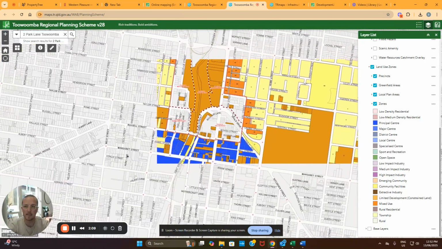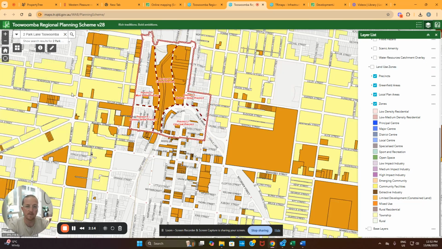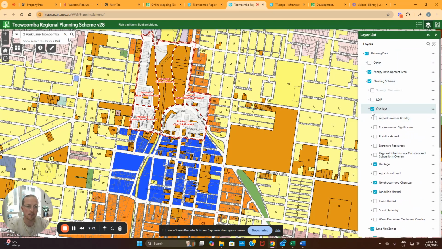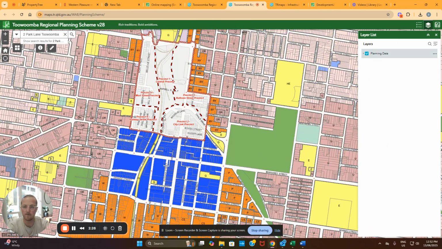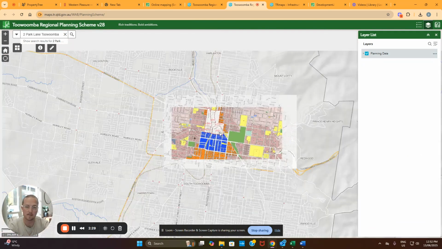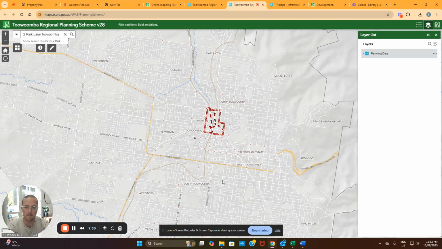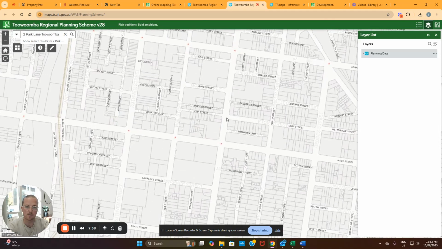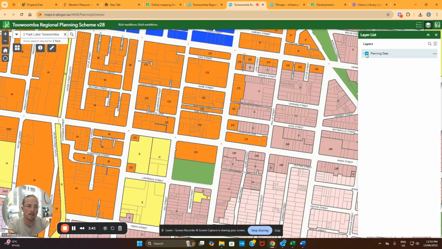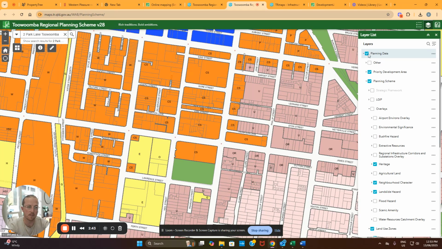The next one here is the Toowoomba planning scheme, and specifically what this has on it is all of the zones and overlays. So a couple of things to show you. When you first come into the map, as you zoom out, you'll see it is all greyed out like this. And it's only when you start zooming in do those colours start to show. You can actually apply those colours through these fields here. So you've got planning data,